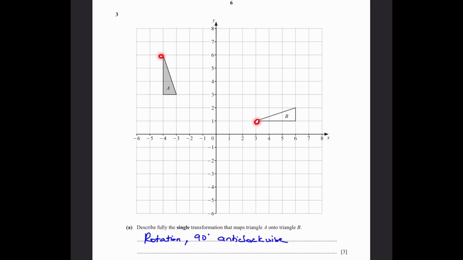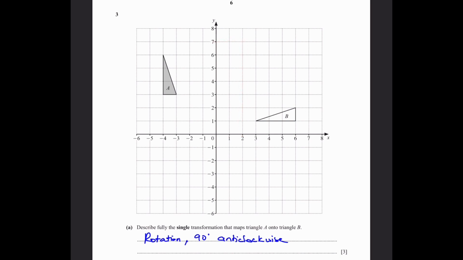First, let's see the general area. So we take these two corresponding points. We know it's a 90-degree rotation anti-clockwise, which is this direction. So the center of rotation will be generally around here, somewhere there, right? Now let's just try a few points in this general area and just see which works. So doing that, we will get this